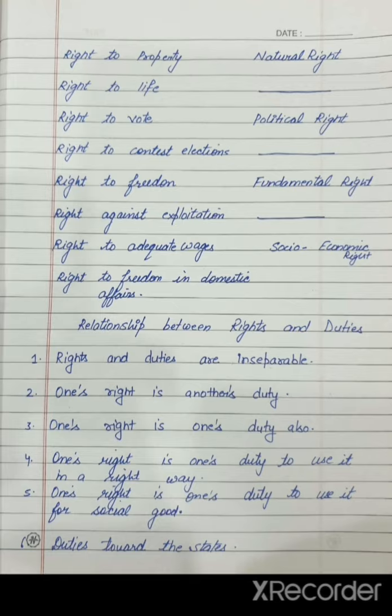But a right is not only the means for furthering self-interest, but through the rights we can think about the society also. It means the development, the general interest I'm talking about of the society. An individual enjoys rights only so long as he contributes his best instructed judgment to the common good of the people. It means स्टूडेंट सपोज एक इंडिविजुअल जो है अपने राइट्स को मिसयूज़ कर रहा है, उसकी जितनी भी एक्टिविटीज़ हैं एक कम्युनिटी के लिए या एक सोसाइटी के लिए हार्मफुल हैं, तो बच्चे वंस राइट इज़ वंस ड्यूटी टू यूज़ इट फॉर द सोशल गुड.